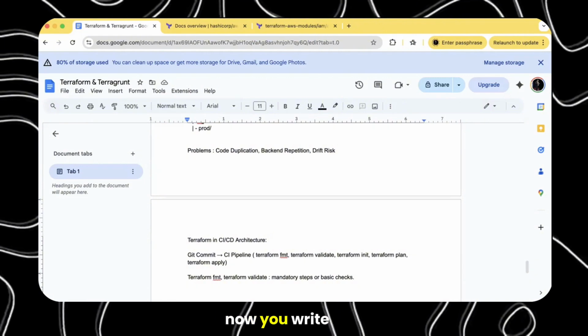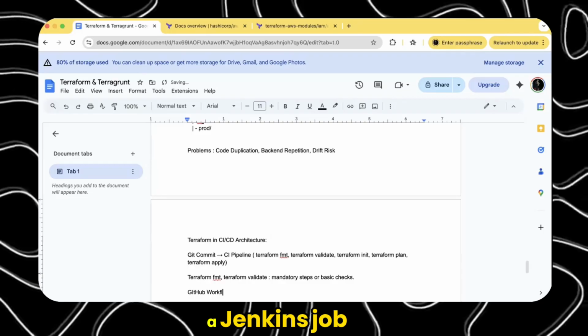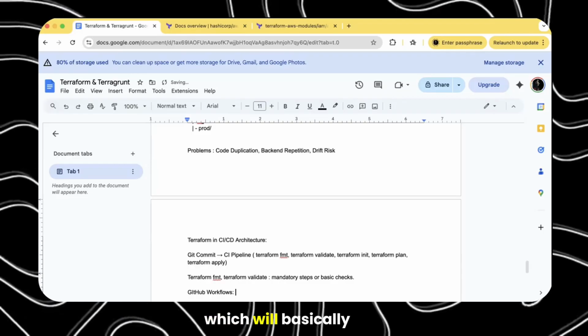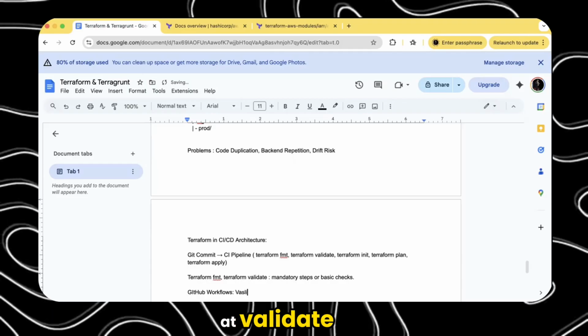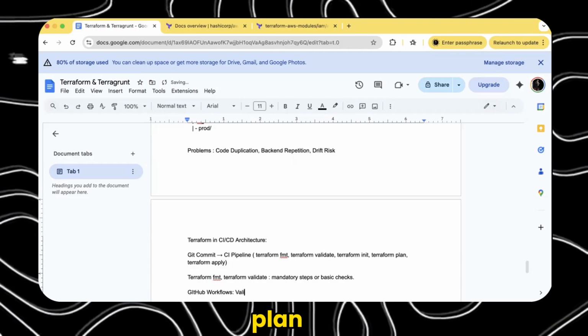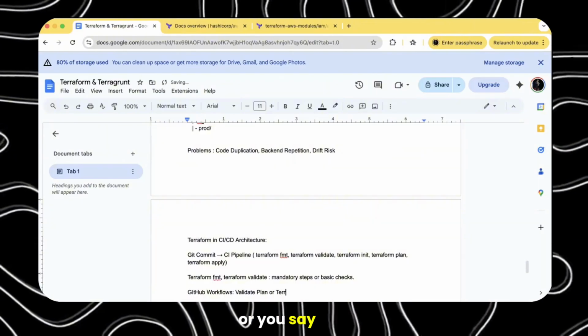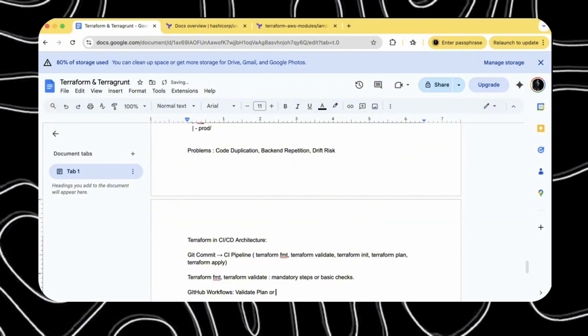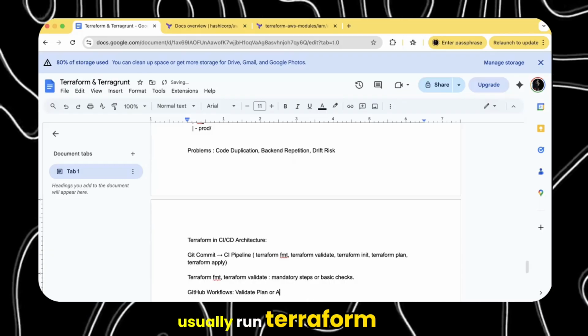Now, you write a GitHub workflow, or a Jenkins job, which will run validate and plan. Or rather, not apply, you say run terraform plan.